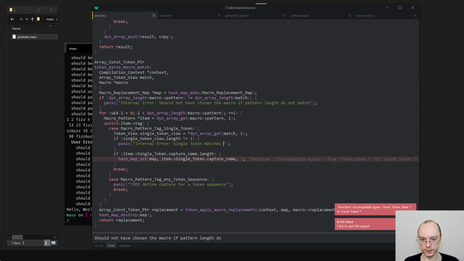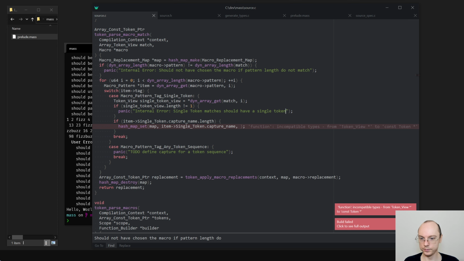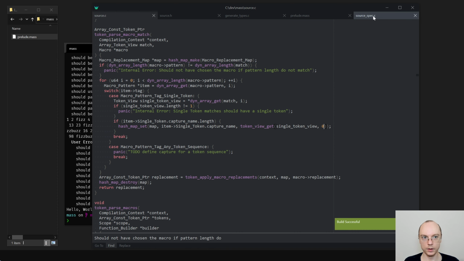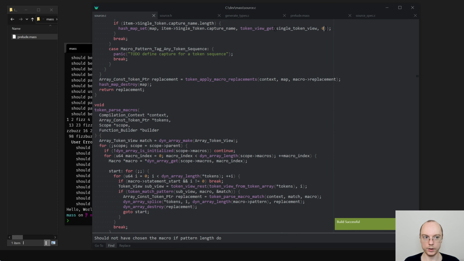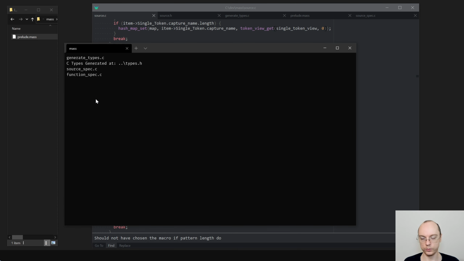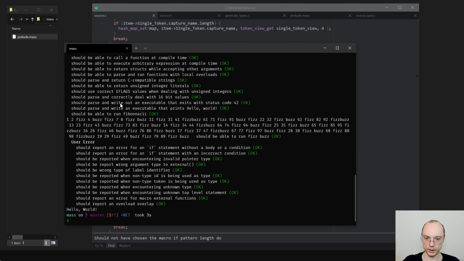Single token matches should have a single token. Okay. And now we can do token view get and 0. Okay, so that should now still work, hopefully. It does. Great.